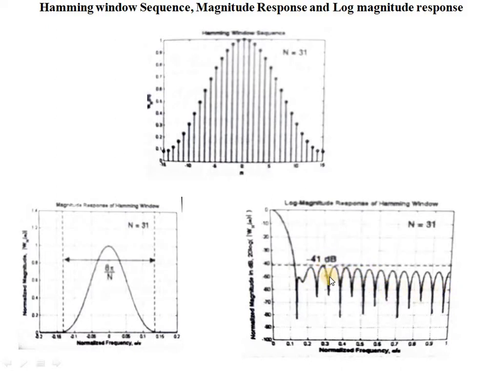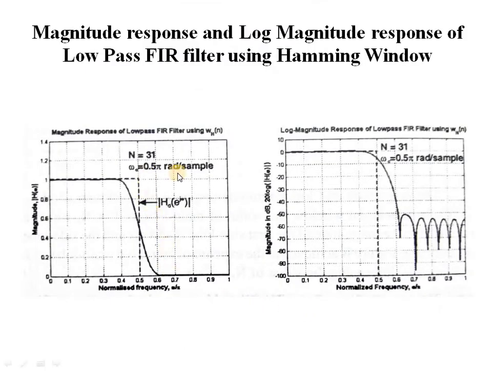This improvement is achieved at the expense of the side lobe magnitudes at higher frequencies. In the case of the Hamming window, the attenuation at higher frequencies was more, but here we have the same kind of attenuation for all frequencies from lower to higher. That is why I say it is at the expense of side lobe magnitudes at higher frequencies, which are almost constant with frequency in this case. With the Hamming window, as we have seen, the side lobe amplitude decreases with frequency.